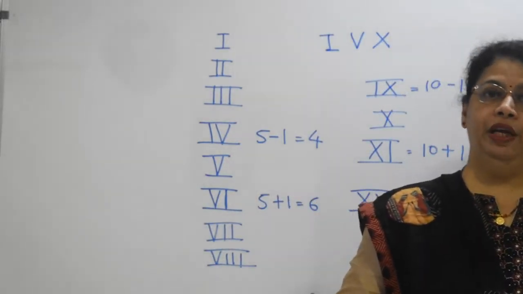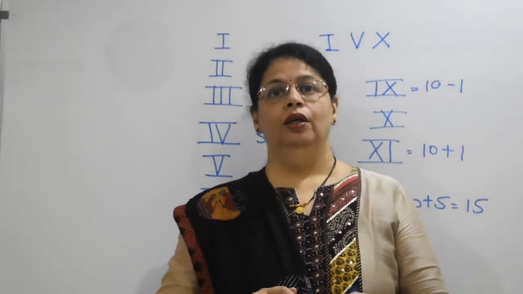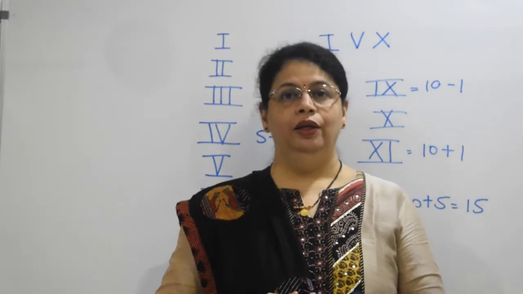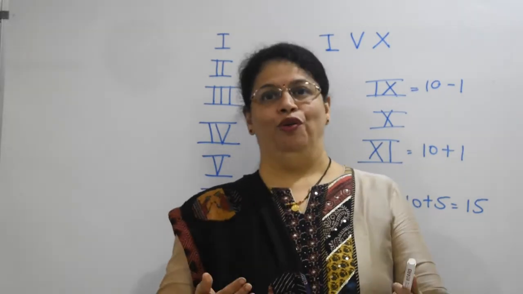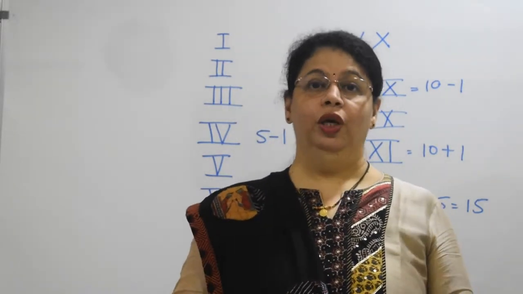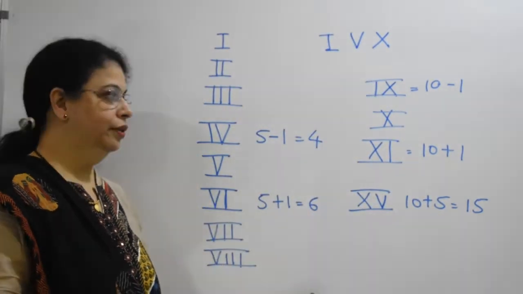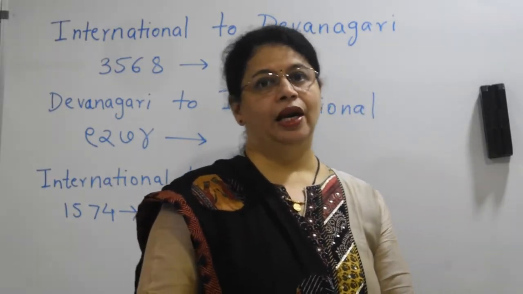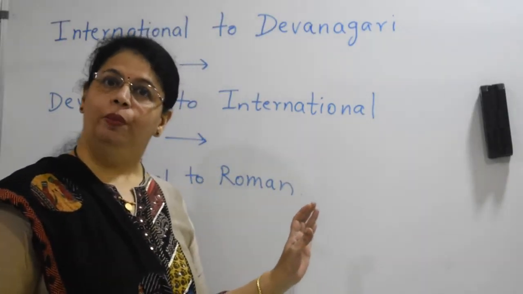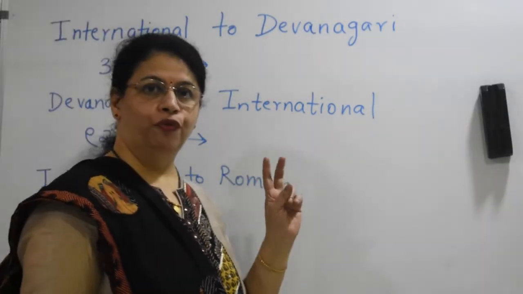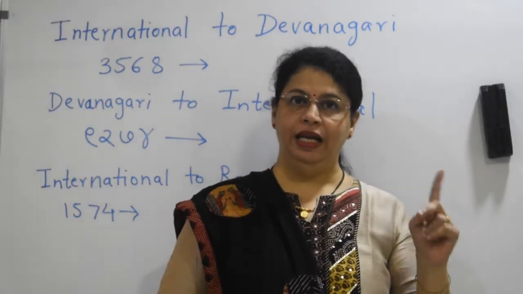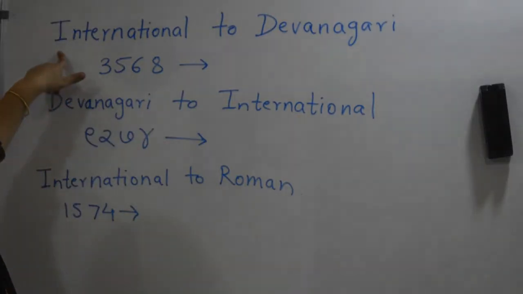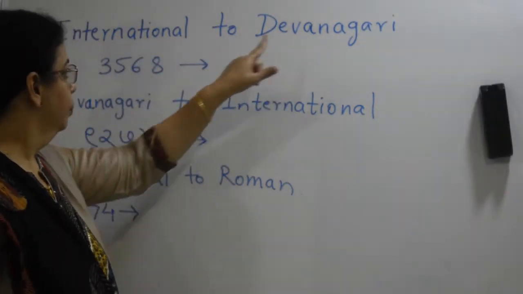Now, we will take a few more examples of international numerals, Devanagari as well as Roman, so that you will become even more confident. Yeah, you all are confident, I know, even more confident. Let us do that. Students, now we will take examples and try to solve them so that there should not be any confusion. These 2 or 4 marks, whatever will be there in the exam, should be in your pocket. Okay?